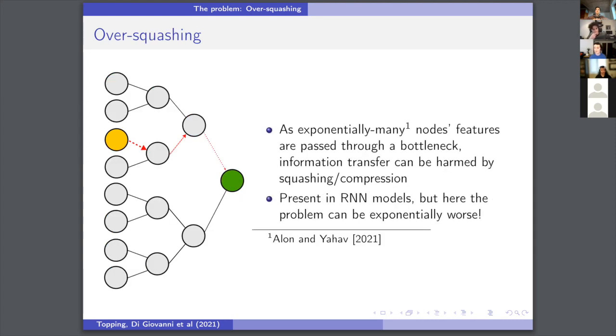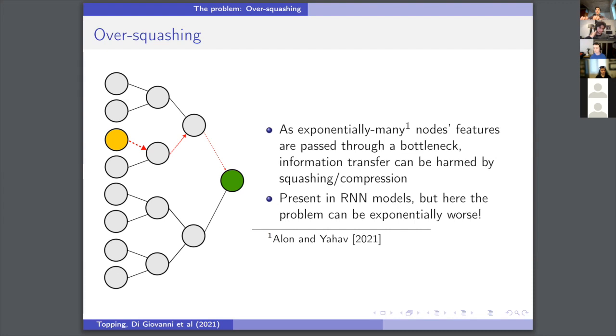Then finally, to over-squashing, which is our chosen enemy for today, again discussed in Alon and Yahav's paper. The green node here at the base of this binary tree has one node at distance 0, 2 at distance 1, 4 at distance 2, 8 at distance 3. And so if the label or regression target of this node has long-range dependencies, those nodes that it needs information from at long ranges, that information is going to be exponentially compressed as it passes through these bottlenecks closer to the green node. This is present in recurrent neural nets like a seq-to-seq model, but the information compression there is linear rather.